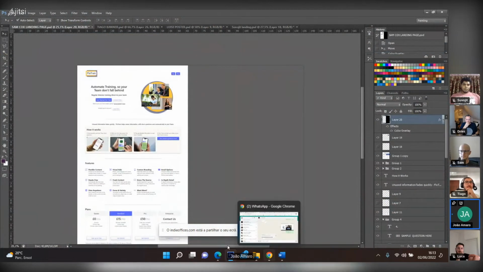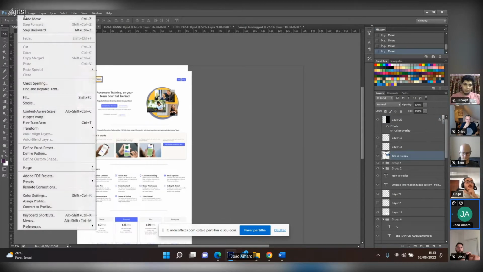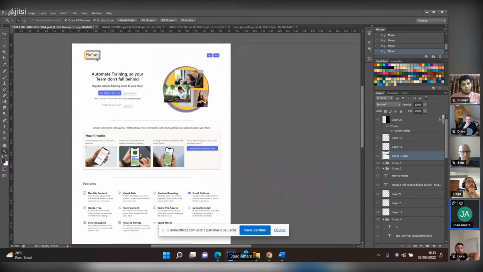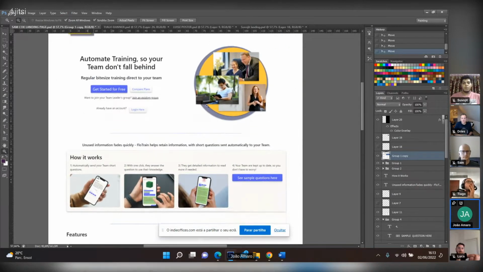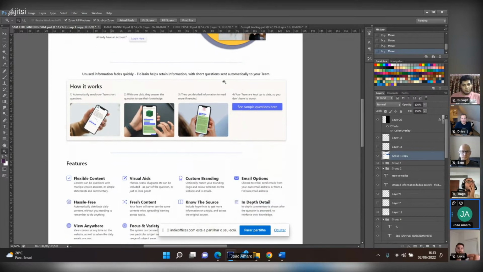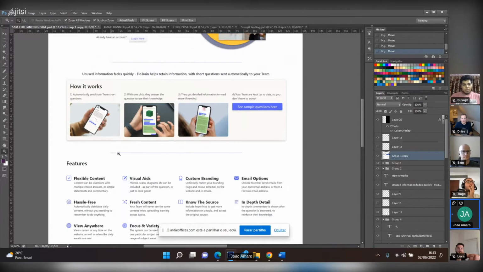I'll start with Sam's landing page. So the first thing I noticed about his landing page is that the information is well structured. Okay, so you have the logo on top. You have this section which is kind of an appeal to action to start a new plan. That's good. You have all the information organized in these different sections, which are separated by these lines, which is